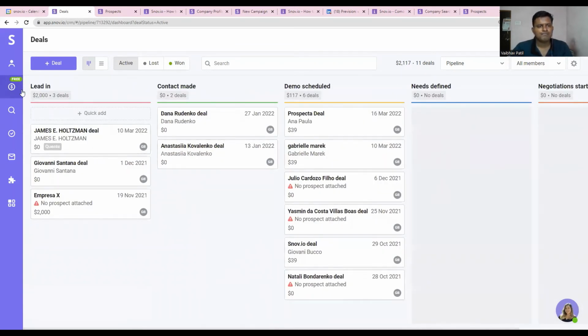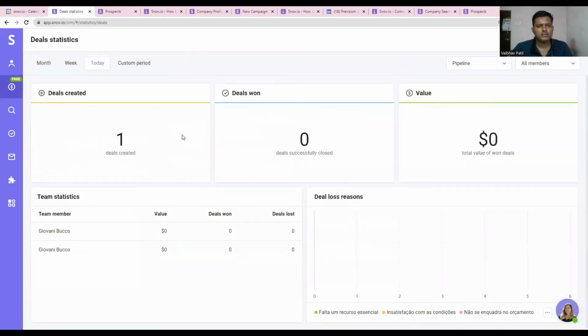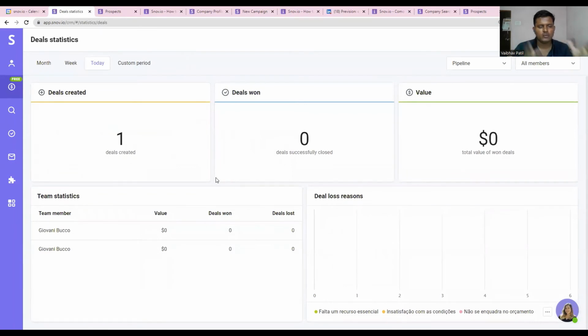Yes, the CRM is basically meant to create the sales pipeline, right? So at what stage the lead is. If you just sent an email, you can keep the emails in this section. Then if the email is replied or the deal is closed, you can mark that a lead has moved to another section of the pipeline, right? So that is what the CRM is here. The CRM here is not for storing all your contact details in one place, right?